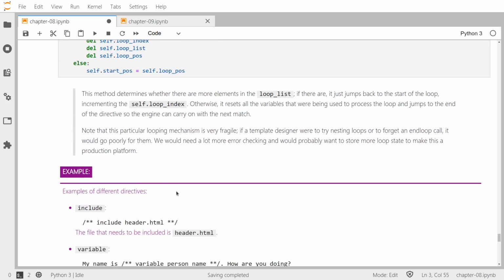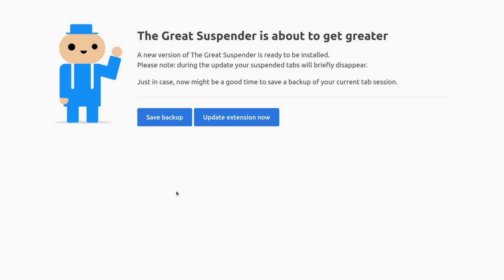This method determines whether there are more items in the loop list. If there are, it just jumps back to the start of the loop, incrementing the self loop index. Otherwise, it resets all the variables that were being used to process the current loop,